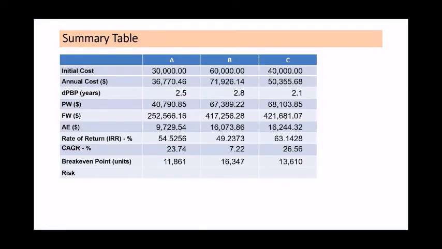Okay, let us check. So for annual cost, it is A. For payback period, it is C. For PW, yes, it is C. FW, C. AE, yes. And then rate of return, still. And we have CAGR, highest. And break even,